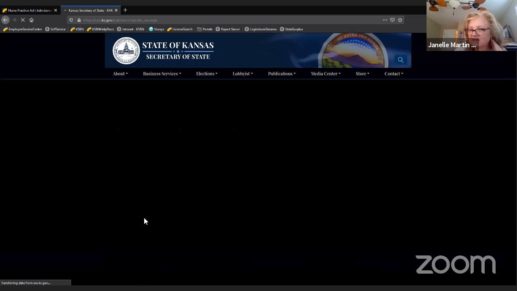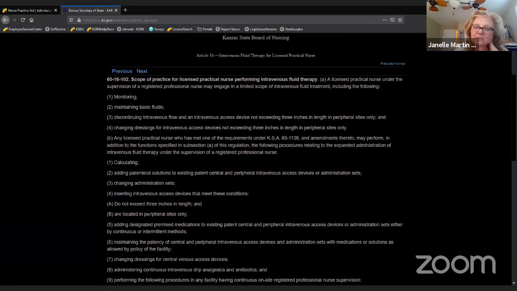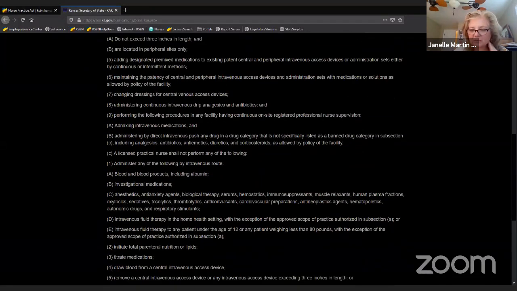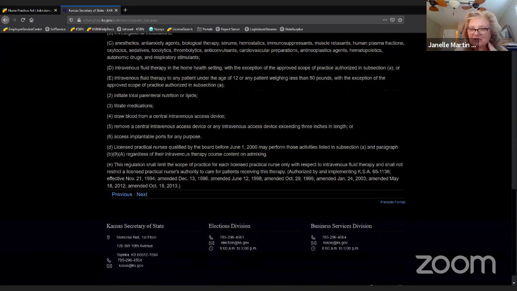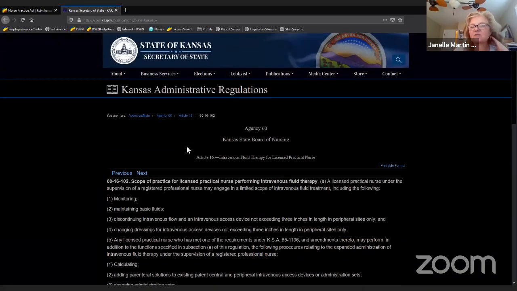What we have in the downloadable version, we're trying to put something together that would allow you to print at any one time the most recent version, but it's a little bit trickier than it sounds. So we have just made these links available so that you can go directly to the regulation website, and over on the right hand side where it says printable format, you can print off any of those regulations.